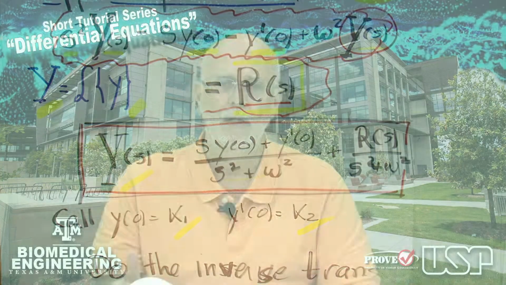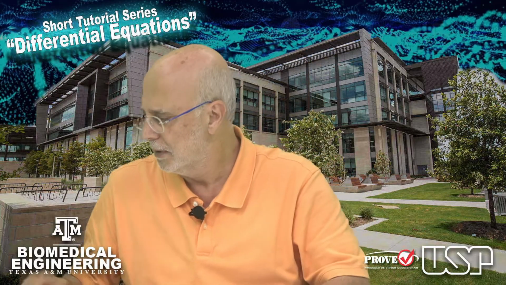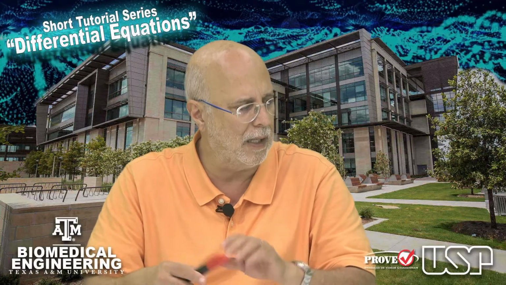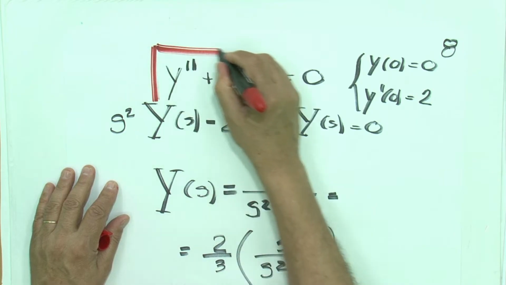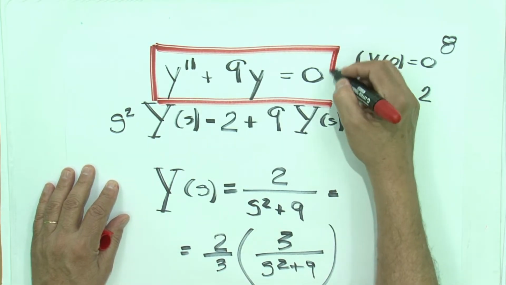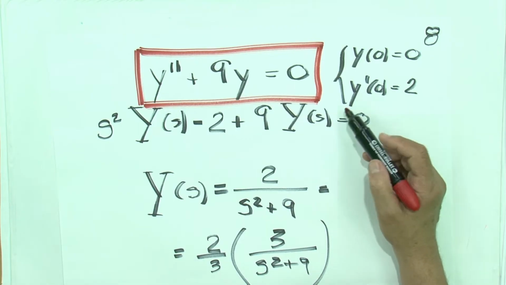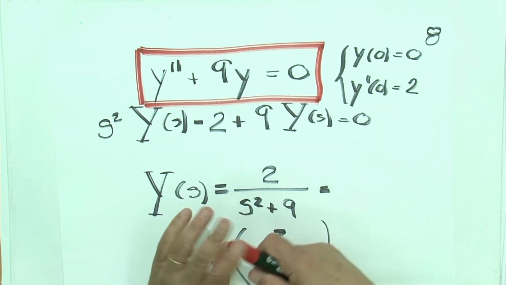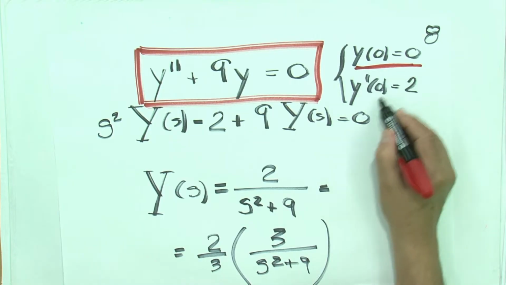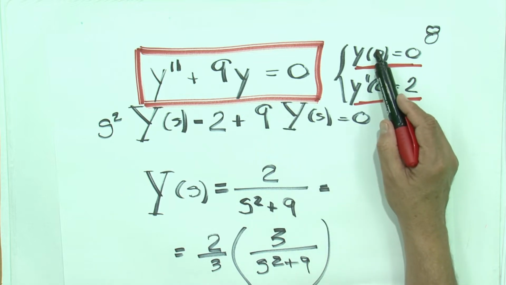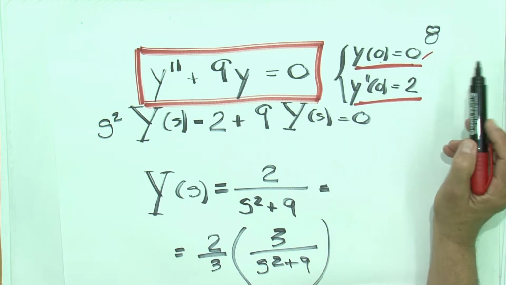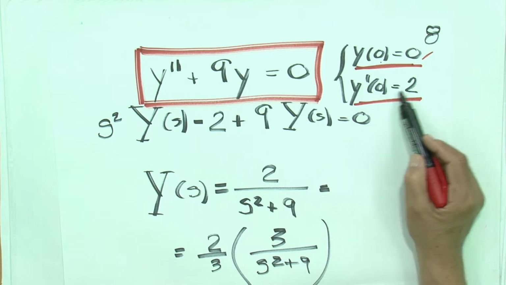Let's get into a more numerical example. So let's write any equation that we want, right? Here I choose one that I like. So let's take this equation. This is the differential equation that we now want to focus on. It's a second order homogeneous ordinary differential equation, and it gives us the initial conditions. They told us that the solution at 0 has value 0, and the first derivative at 0 is 2.